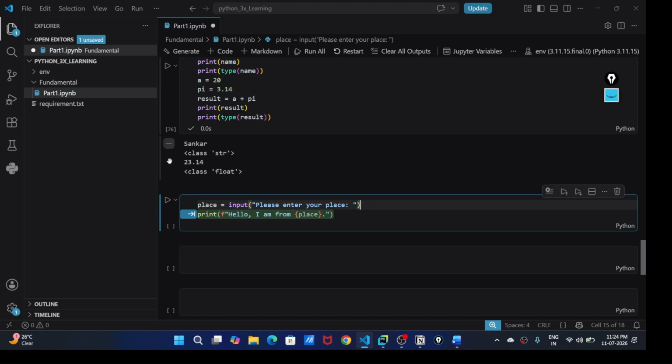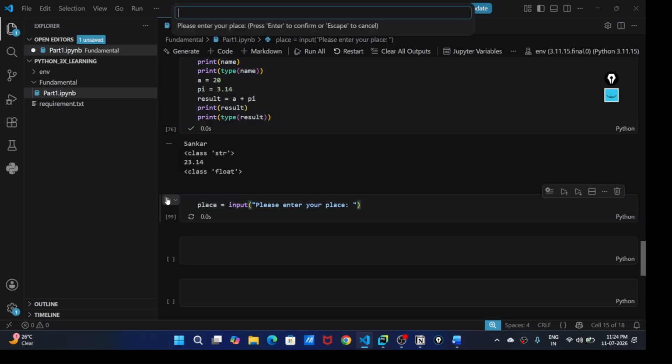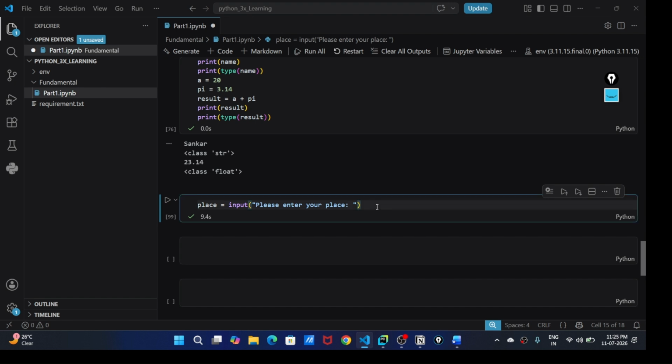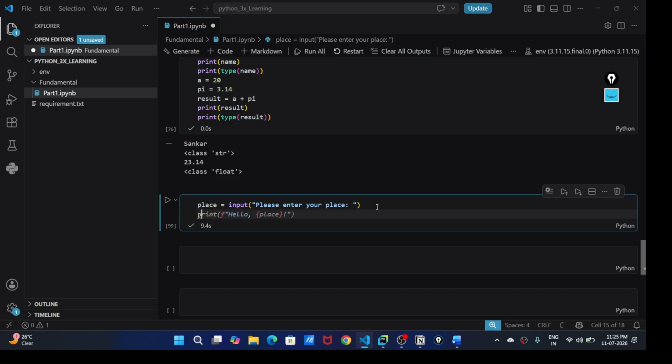The moment you run it, there will be a pop-up here. You can see at the top, enter the place name. Now it executes, so it takes input from the user. Let's print it.